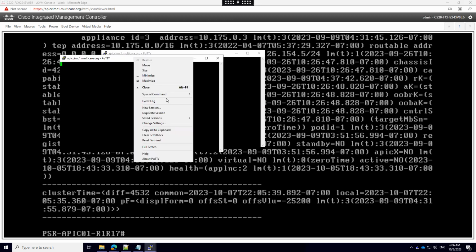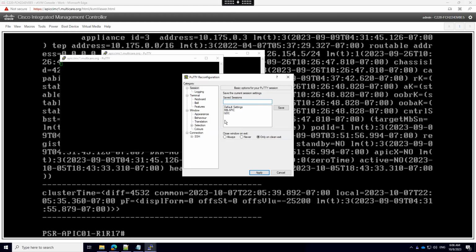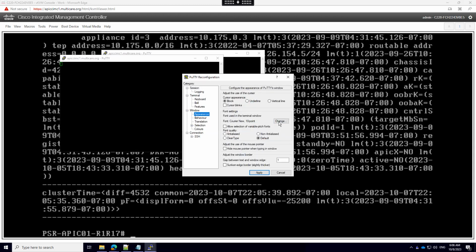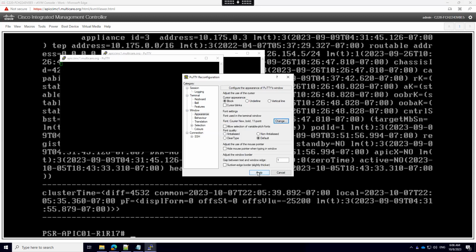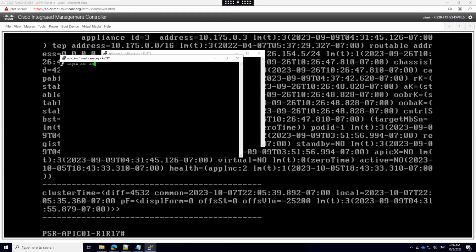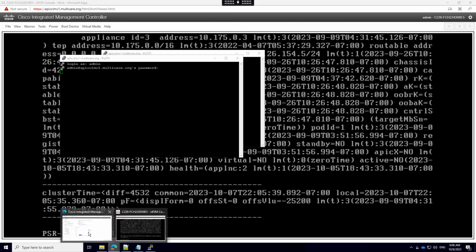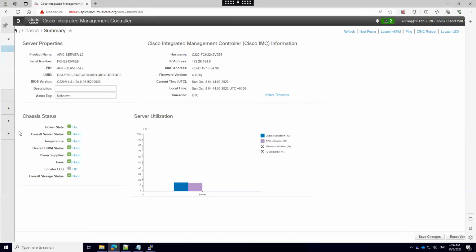Okay, let's wait. Let me increase the font. You can do SSH, but make sure that SSH is enabled. If SSH is disabled, then you cannot do SSH, right? How do you identify whether SSH is enabled or disabled? You can do that through the CLI or through the graphical interface.